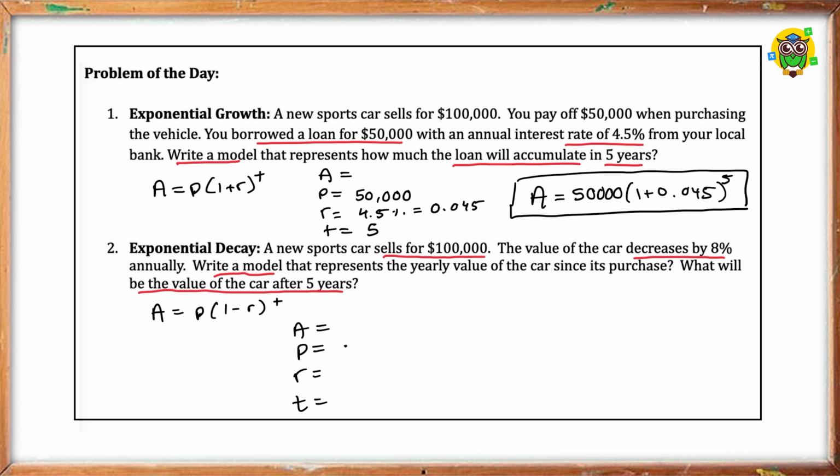P is our principal. The car was for $100,000. Our R is the rate, that is 8%. We're going to turn this into a decimal, 0.08. Time is 5 years. We're going to be creating the formula. So A is equal to 100,000 times (1 minus 0.08) to the power of 5. We're going to be solving for this, and we find out that A is equal to